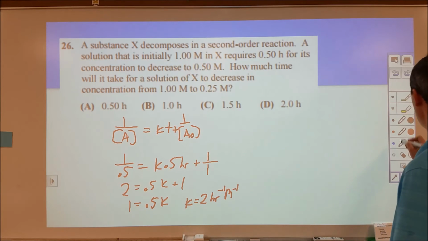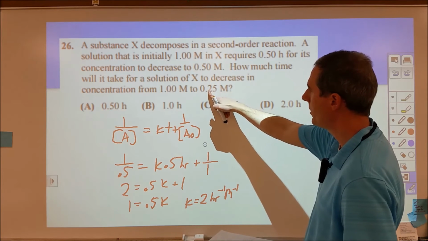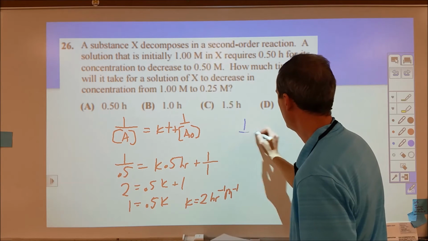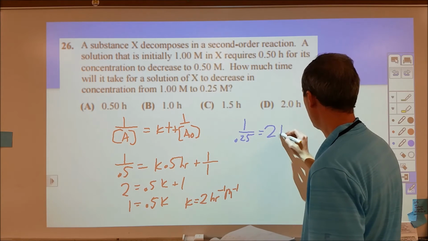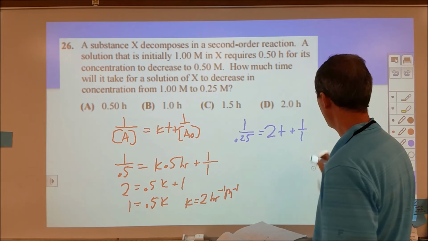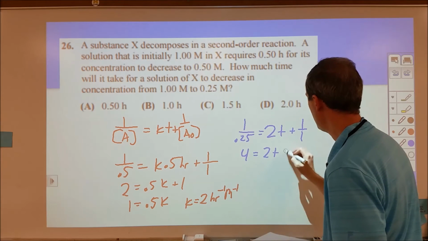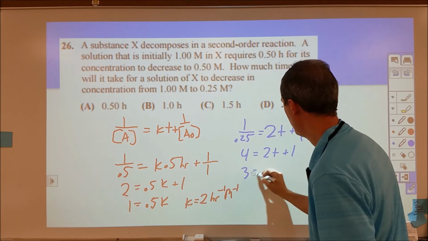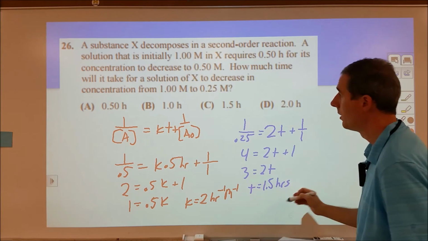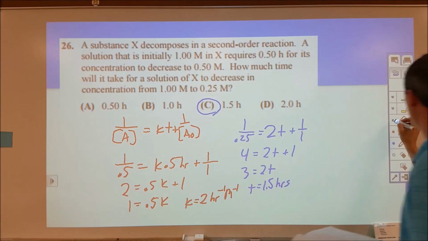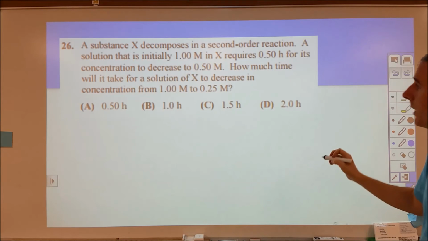So what we can then do is plug in our new information. How long will it take for a solution of X to decrease from 1 to 0.25? So then we're looking at 0.25 as our final, equal to K, which is 2, times time, plus 1 over the initial 1. So we're looking at 4 is equal to 2T plus 1. So we get 3 is equal to 2T. So time is 1.5 hours, which would be C. Alternatively, the other way to do this is you can do it